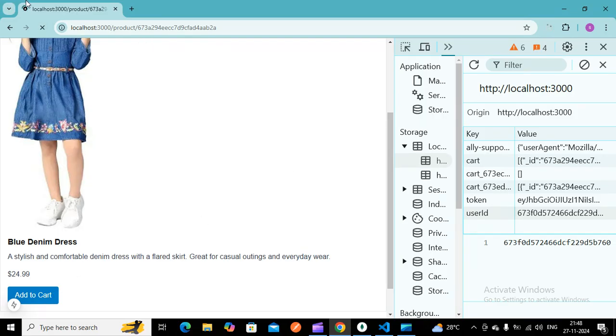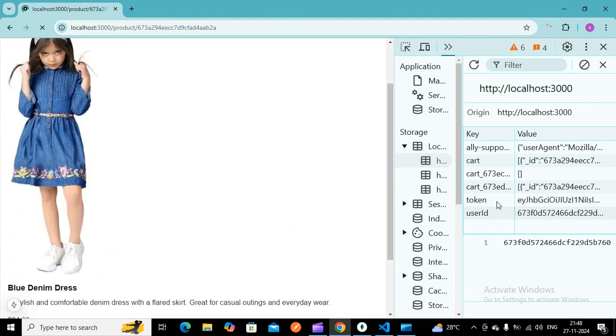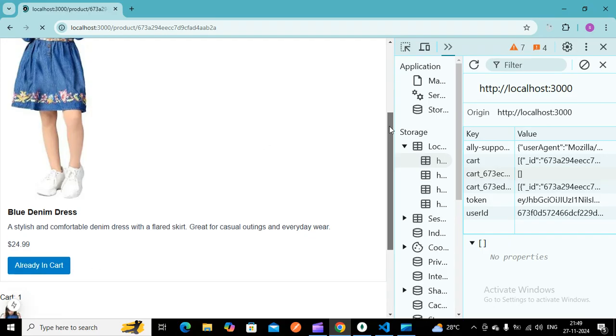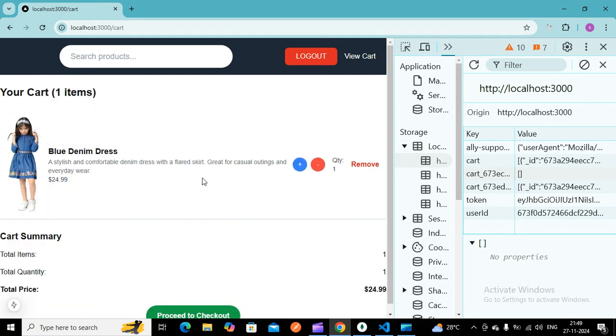Here you can see the cart underscore user ID of that particular user. Once I add to this particular cart, this cart item is getting added, and in the view cart you will get that particular cart item. So you can see this particular cart item is being added to that particular cart.